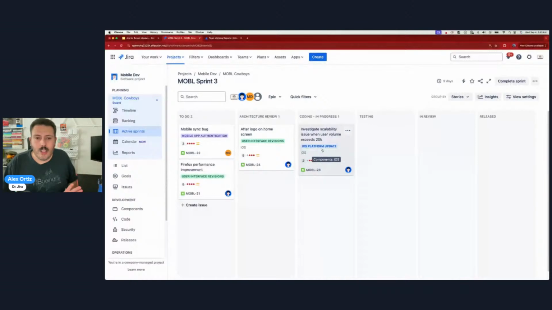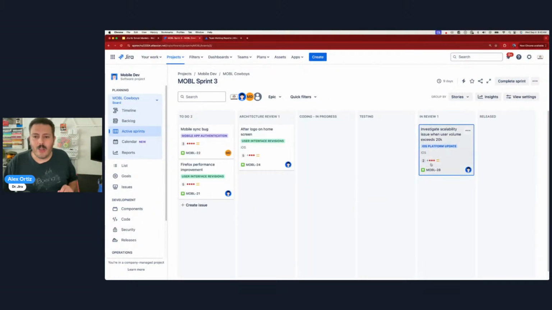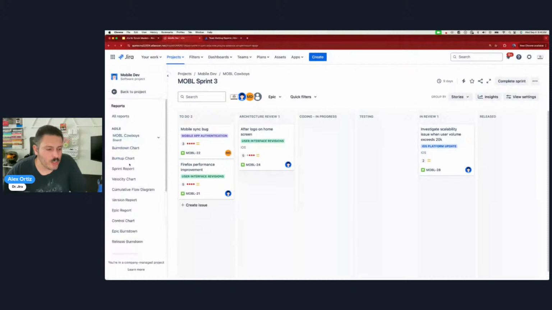Now notice when something moves to the next status, those dots get cleared out, because now the timer starts all over for when it entered the new status. So basically, if you see red dots, that means trouble, because Jira is telling you something is getting delayed, something is not moving forward. And in Scrum, technically you have until the end of the sprint to get all the way across, but it would be foolish to wait until the day before to finish everything, right? And this is now where our burn down comes into play, right? Because when you look at your report over here and you're looking at your burn down chart,